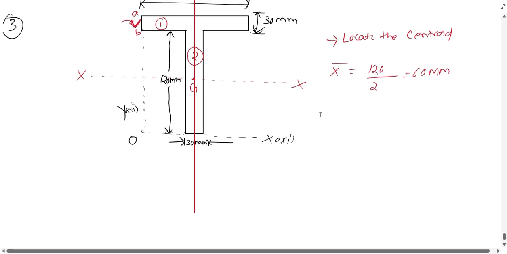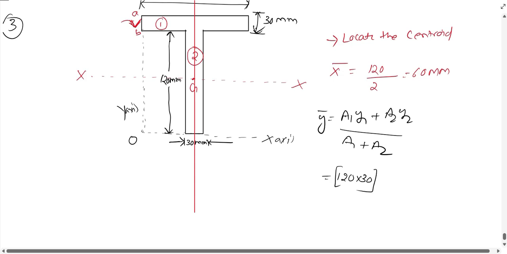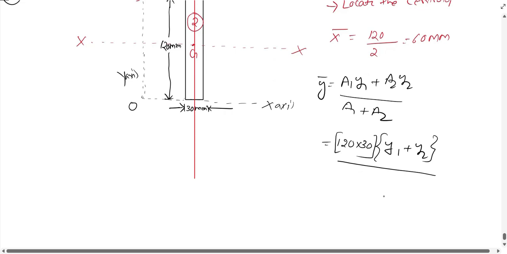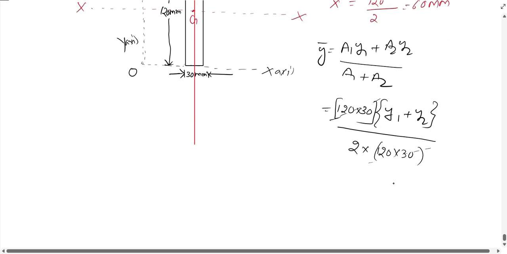In this case we can calculate the y bar by the formula (A1 y1 + A2 y2) / (A1 + A2), and we know A1 and A2 are of the same magnitude, so directly I am writing 120 into 30. Here the area of both A1 and A2 is common, so I have taken that common. So (y1 + y2) by 2 into 120 into 30. Okay, so 120 into 30 will cancel out from the numerator and denominator. So y1, the value of y1 is the CG of